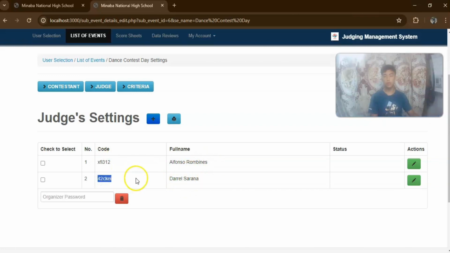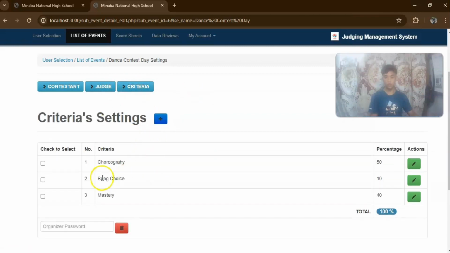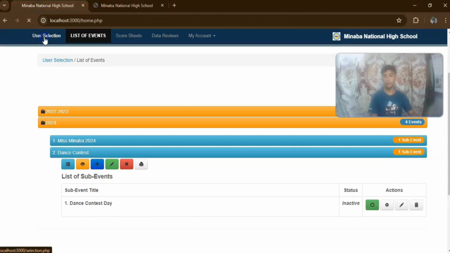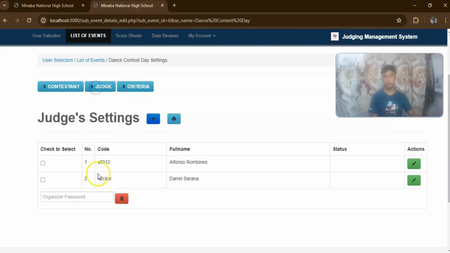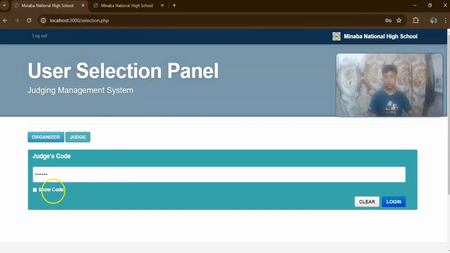They will type in their login so they can input their scores for each criteria. Now we go to the user selection, which is the judge, and use this judge code. Just copy it here.